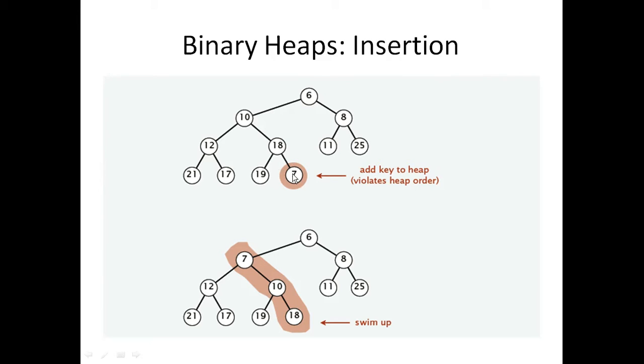So now 7 is smaller than 18. So 18 and 7 get swapped. 7 comes here and 18 comes here. Okay. Then when this is done, you now compare 7 and 10. Again 7 is smaller, so you swap, 10 comes here and 7 comes here. So after performing this sequence of swap or exchange operations, you get this. Okay. Now as you can see, this particular heap is a min heap because the heap property is now restored.